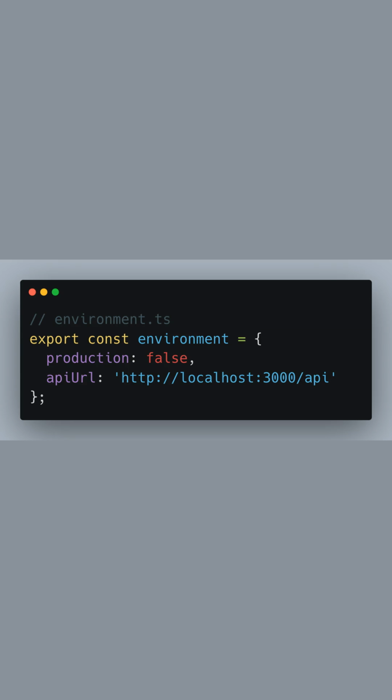Let's begin with the default environment configuration for development. Here in environment.ts, we tell our Angular application it's not in production mode by setting production to false. Additionally, we define apiUrl, setting it to the local API URL. This file will typically be used for local development, where we want to connect to a backend server running on